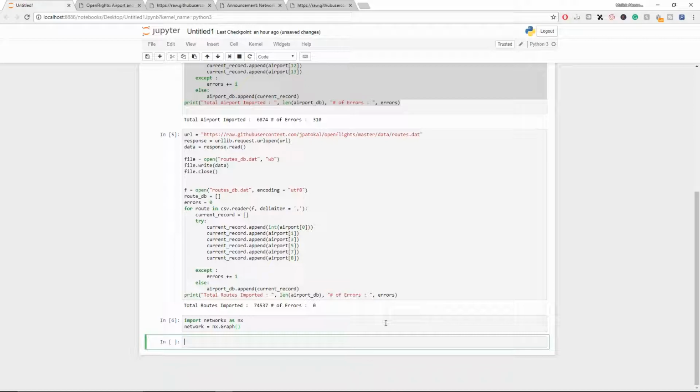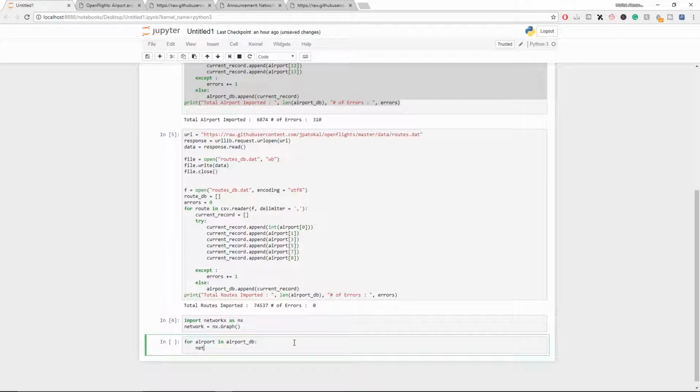So, the first thing you need to do is to insert the different airports as nodes. Networks have nodes and edges, and the nodes basically are going to be our airports, and the edges are going to be the different routes that the planes take. So let's go ahead and insert the nodes. In order to do that, we're going to use a for loop. So for every airport in our array of airports, which is airports_db, I think,